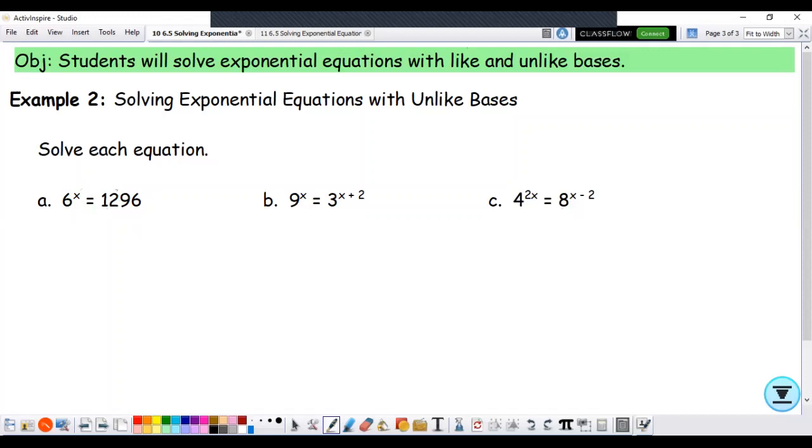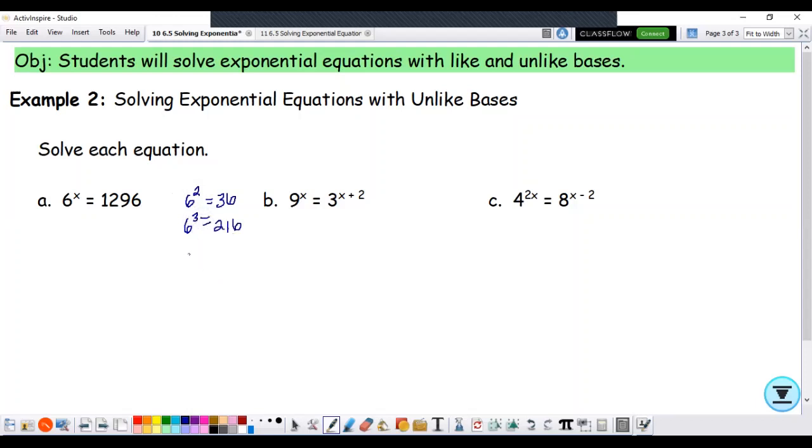Well, is it possible to rewrite the constant as a power of 6? Is there a power of 6 that equals 1,296? Something we can do is start with what we know. We know 6 squared is 36. If I take 36 times 6, that'll give me 6 cubed, and that equals